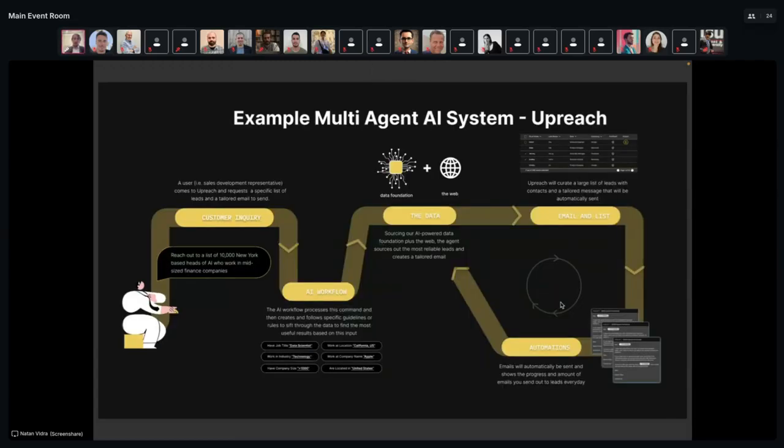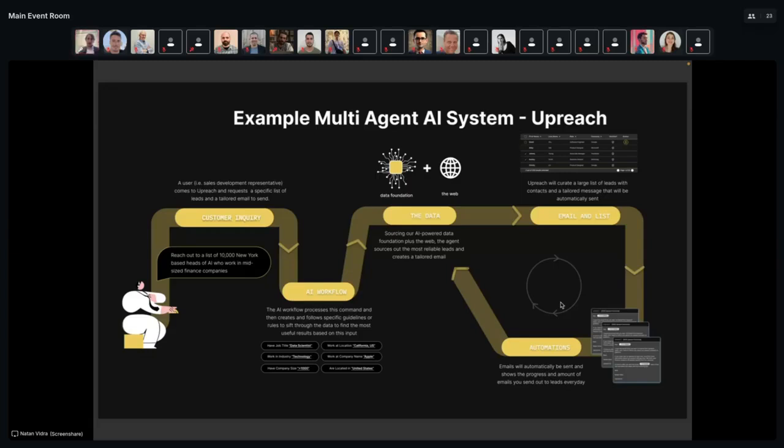So in the ideal world, rather than having a product where you'd have to go on a UI and search and add people to lists and generate emails, it'd be cool if you could just tell a chatbot like ChatGPT, hey, let's reach out to a list of 10,000 people that are heads of AI in New York that work at these mid-sized finance companies and invite them to our AI event, right? And you'd have agents that would be almost like a series of APIs that might find the right people, enrich the data from the web, generate emails and send them out, right? And maybe you'd repeat doing that.